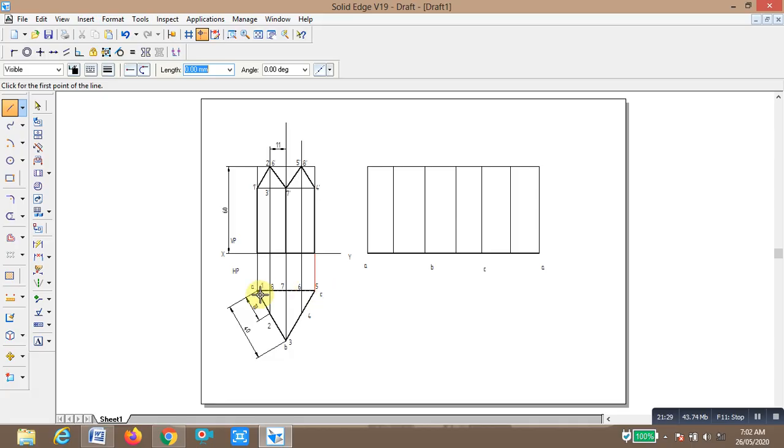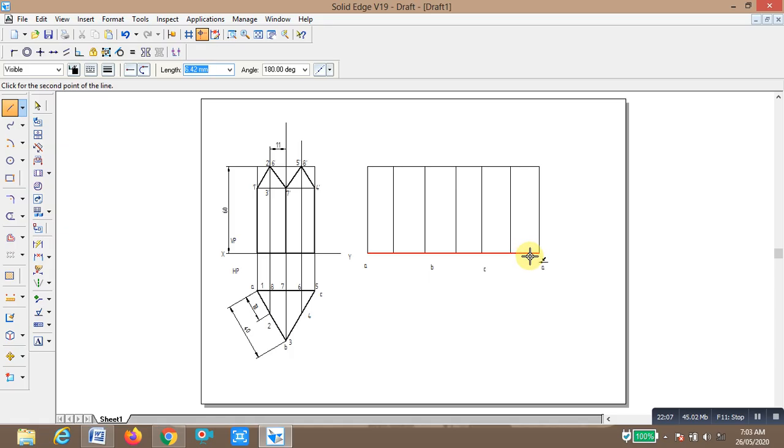Okay, from C towards A, this distance, how much does it measure? This measures 9 mm, means this side it is 11, means from here to here is 20 mm, and this is 9 mm. So you have to draw a line of 9 mm from point A towards C, 9, enter, angle 180, enter, you draw the vertical line.